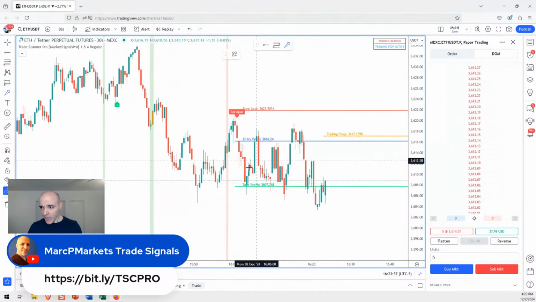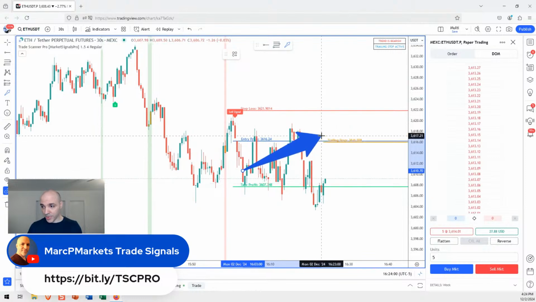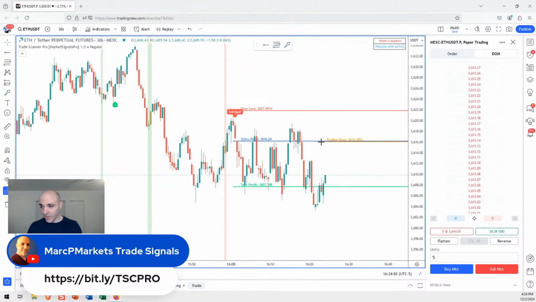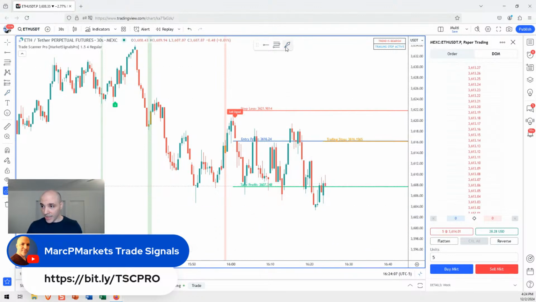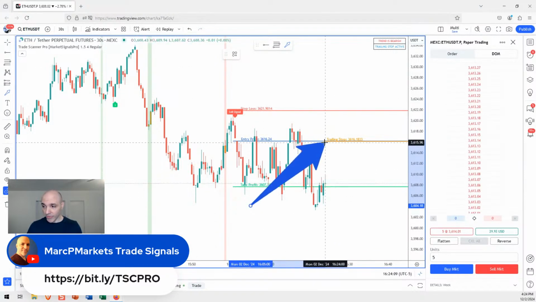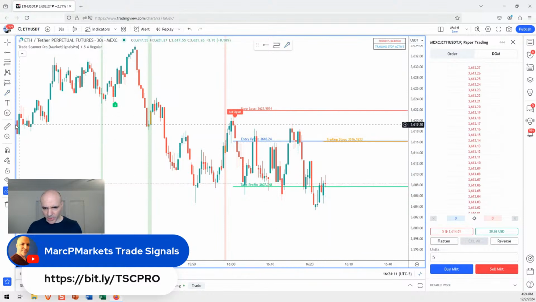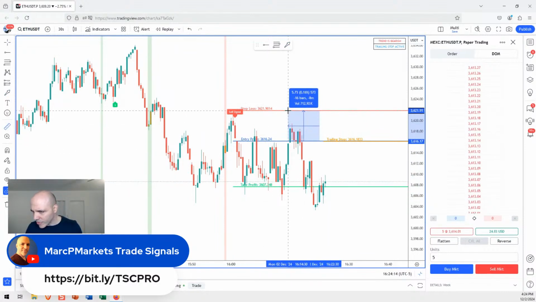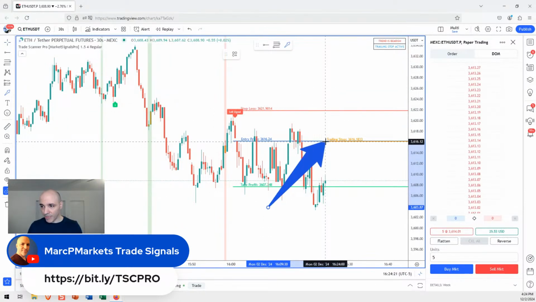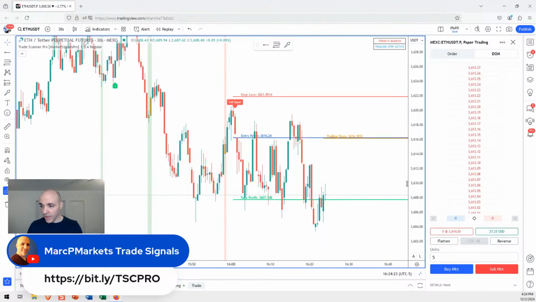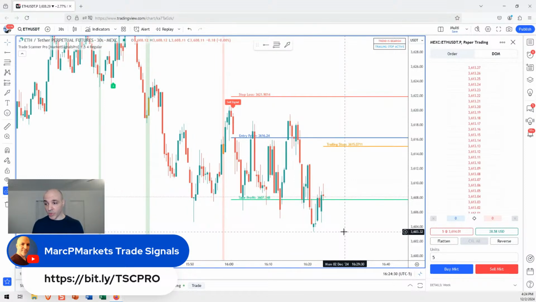Not sure. Notice my trailing stop has advanced, and it's advancing right now. It's because price made some progress. At this moment, my risk went from 6 points, about 573, all right, we'll just round that to 6, to 0, because my trailing stop is at the entry price. So this is a risk-free trade right now. If this thing goes to the trailing stop, I blow it out and there's no risk.